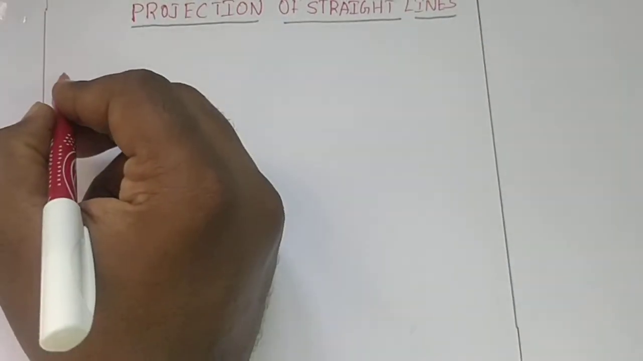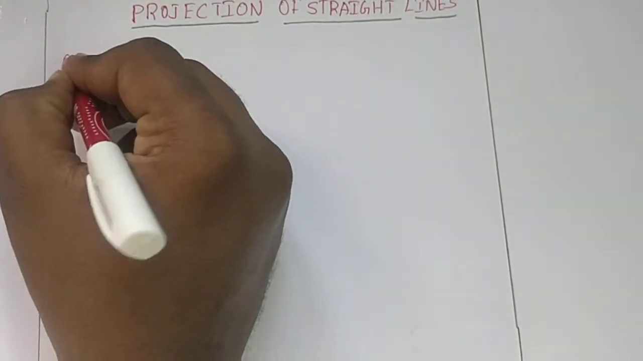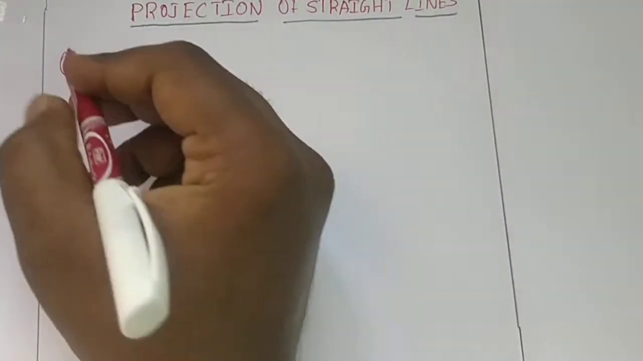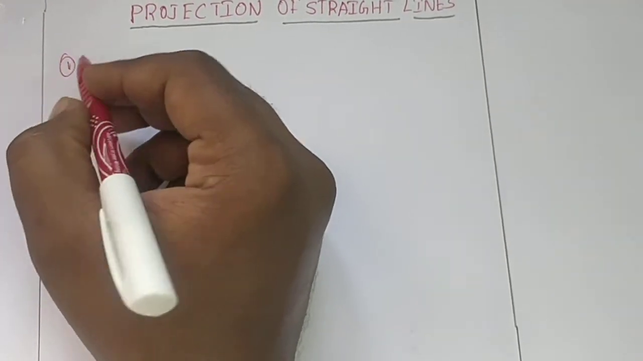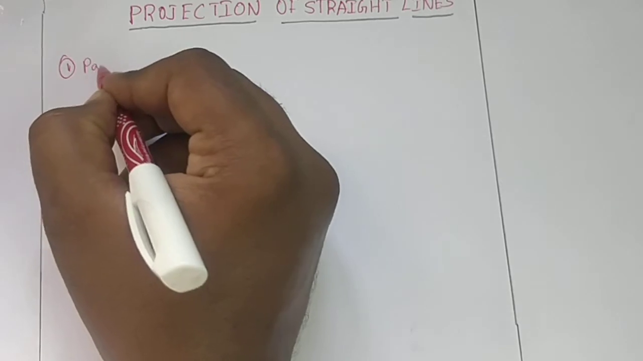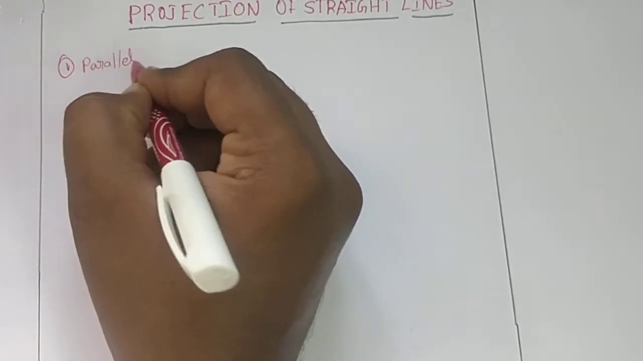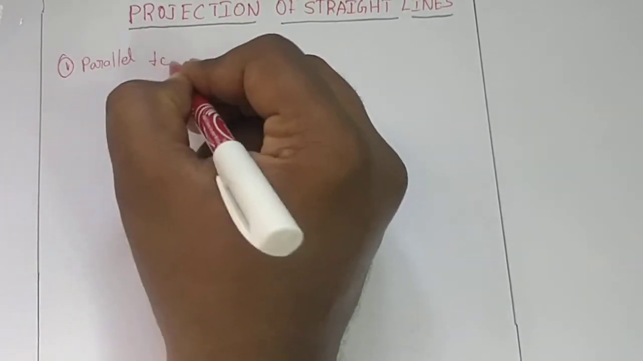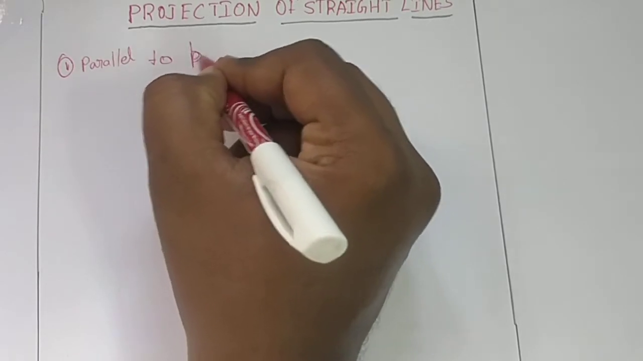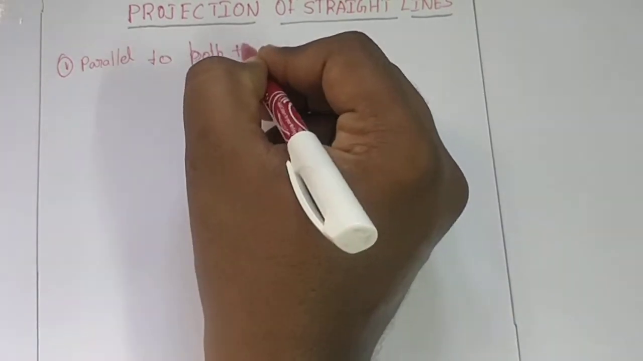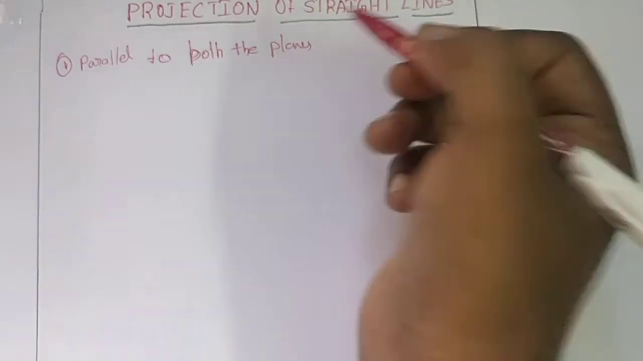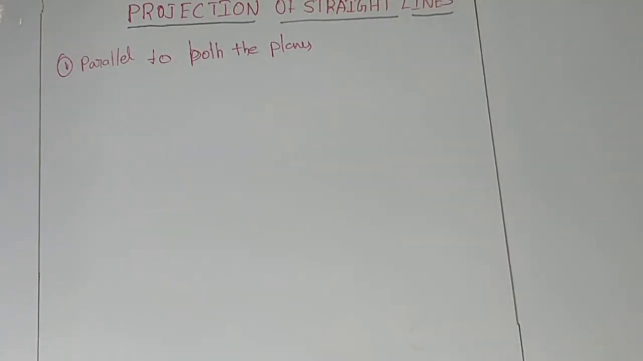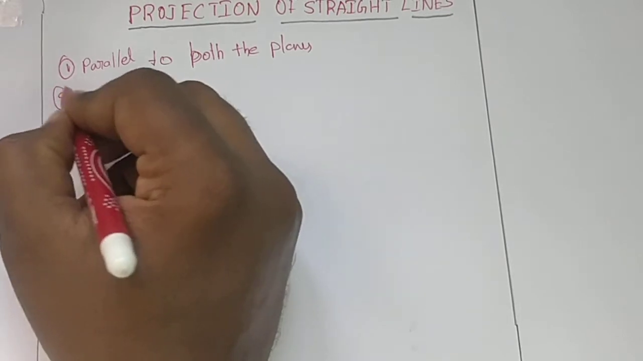The first one is projection of lines when parallel to both the planes. Next, in the second case,